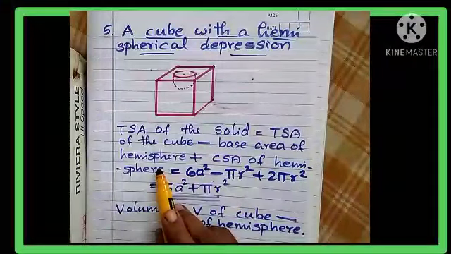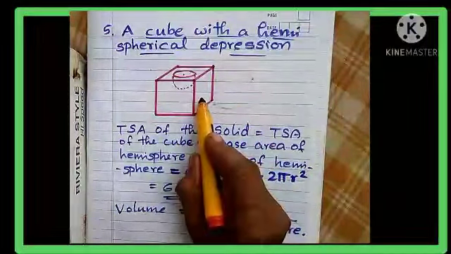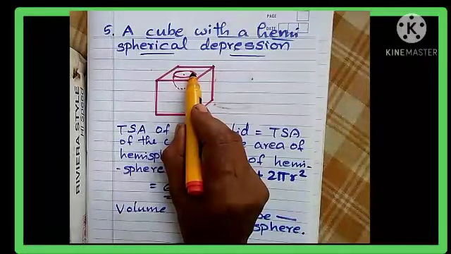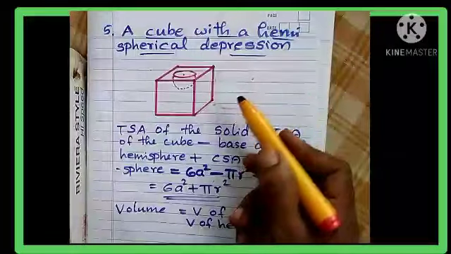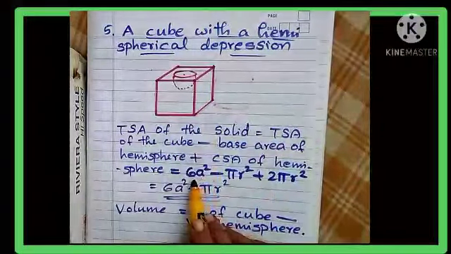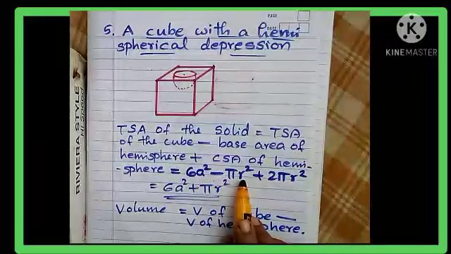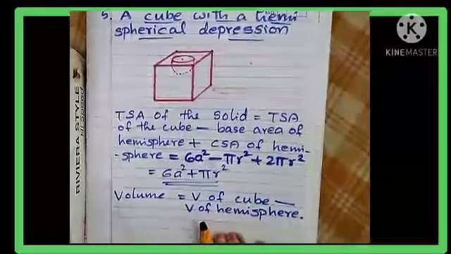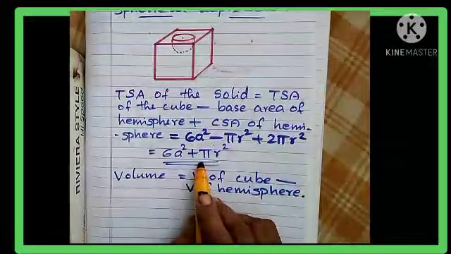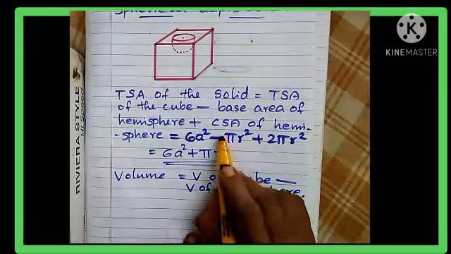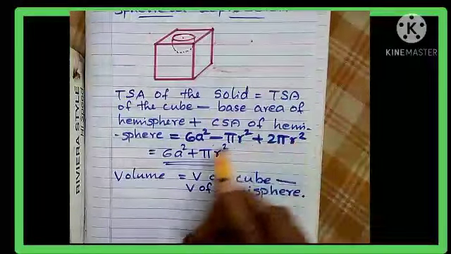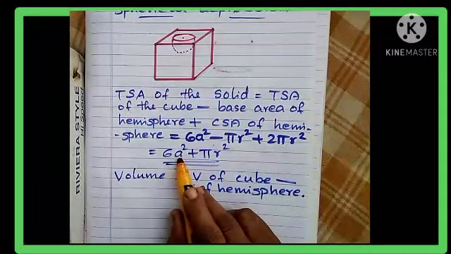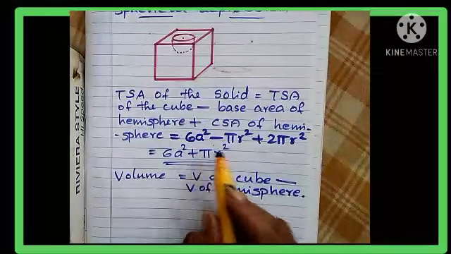of the hemisphere. Understand? From the TSA of the cube, we are subtracting this circular portion, that is the base area of the hemisphere. It is a circle, no? Then plus, that is adding, CSA of the hemisphere. So we are getting 6a square minus pi r square plus 2 pi r square. Just as the previous formula, it is the same as 6a square plus pi r square, because minus pi r square and plus 2 pi r square will become plus pi r square. So we just add 6a square plus pi r square, that will give you the TSA of